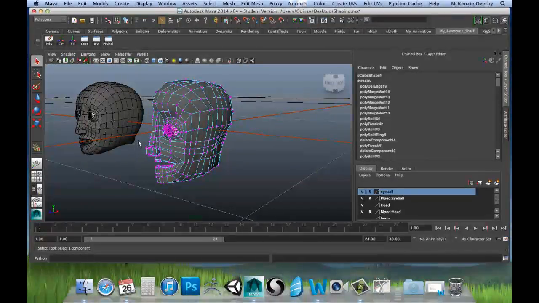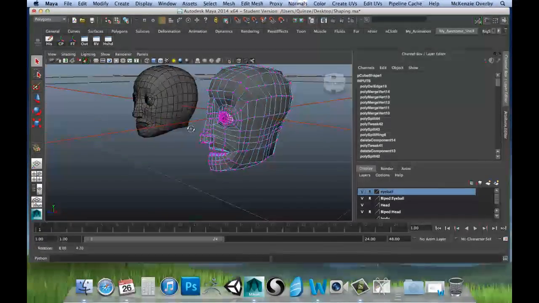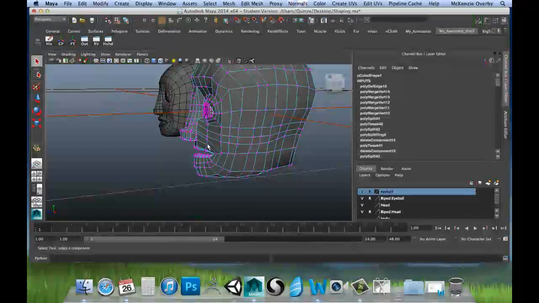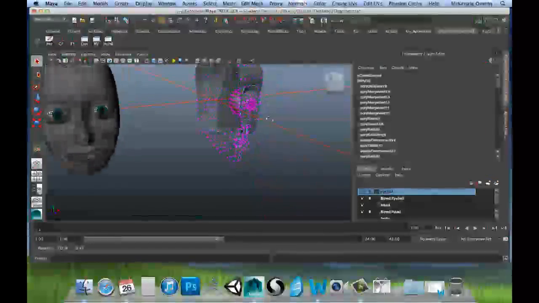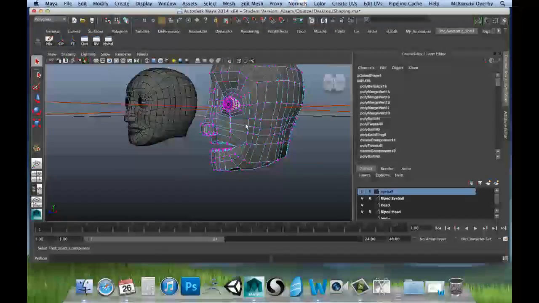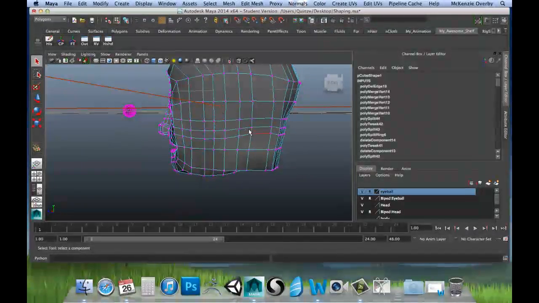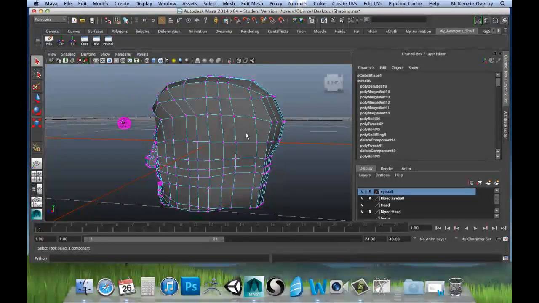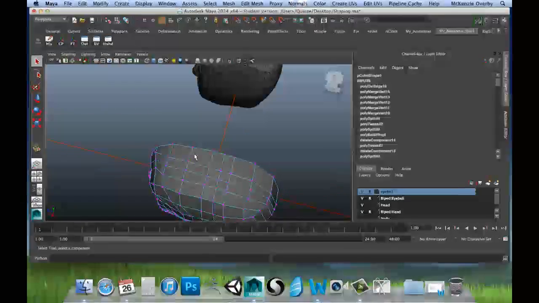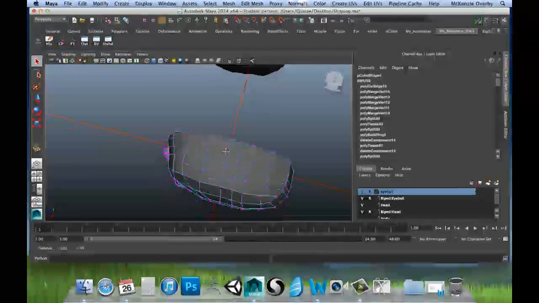So we're back working with assignment 7 now. Now that we've gotten our edge flow problems out of the way, we're just going to focus on shaping. At the moment things are not shaped very well. We've got a lot of spacing issues and a lot of shaping issues with the head at the moment, okay? Since we did all those